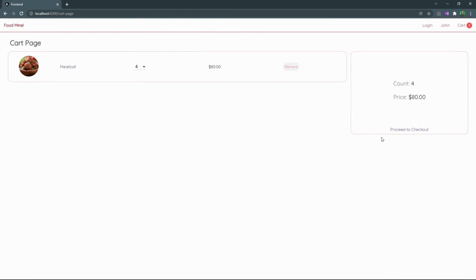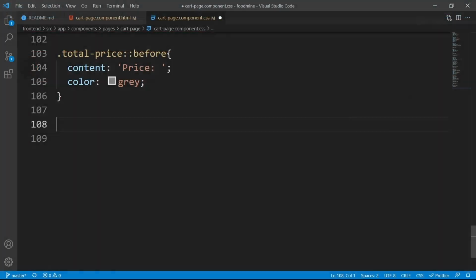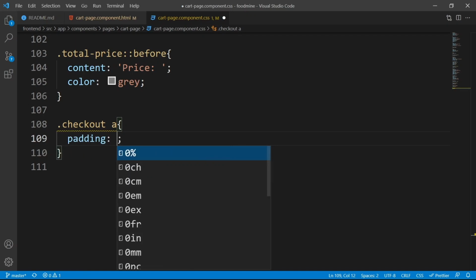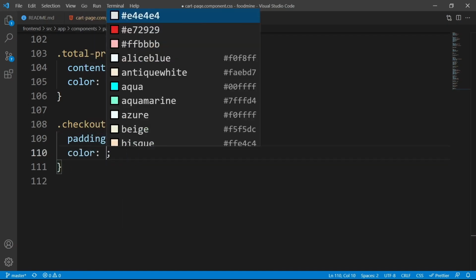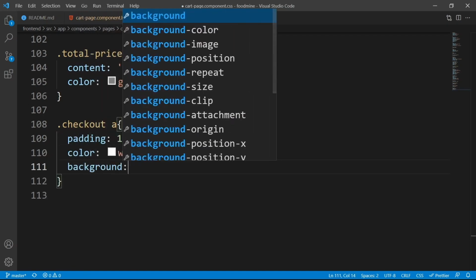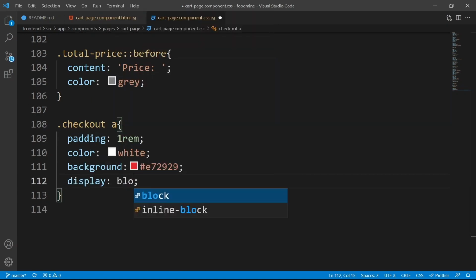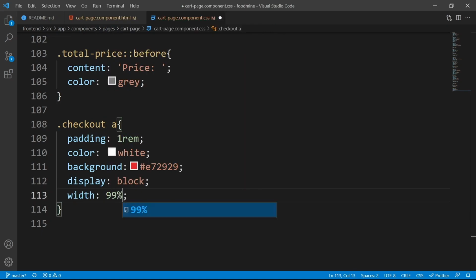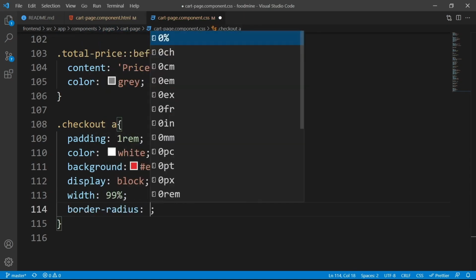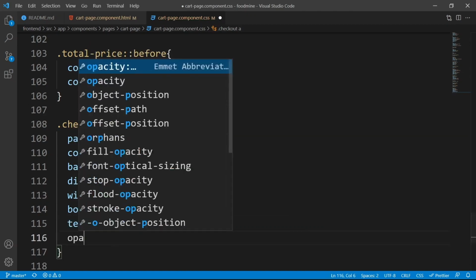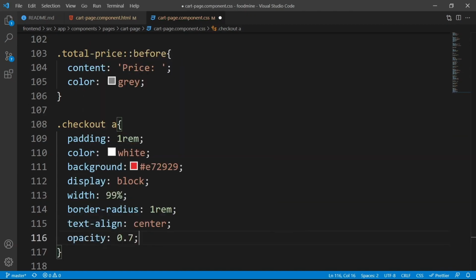Now it's time to work on the A tag here that is responsible for moving us to the checkout page. We need to select A tag inside the checkout class and set its padding to 1 rem, its color to white, its background to hashtag E72929, its display to block, its width to 99%, its border radius to 1 rem, text align, center, opacity 0.7,